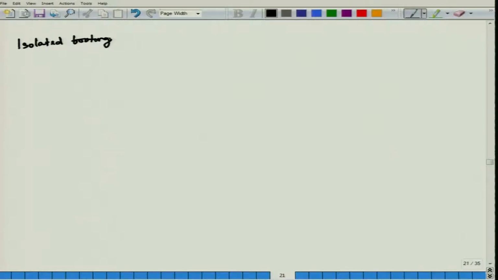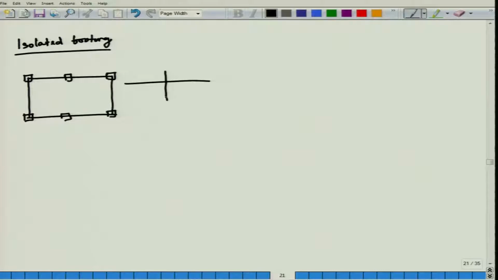Isolated footings. If you look here, suppose this is a plan of a building, there are separate columns here as well as here. Isolated means it is a single footing without interference. So, where this isolated footing is adopted to support column load of a building, it is independent of each other,